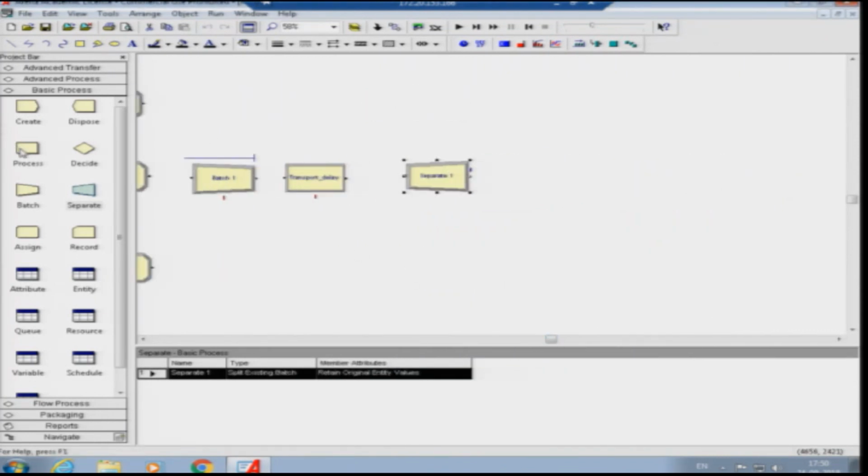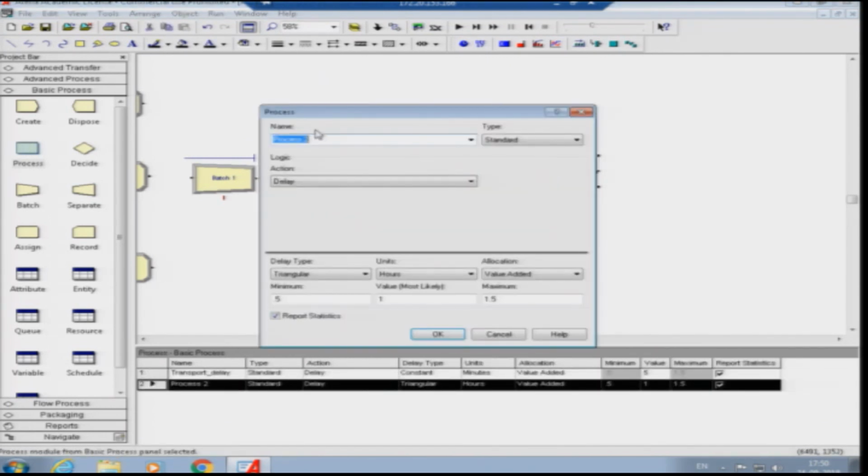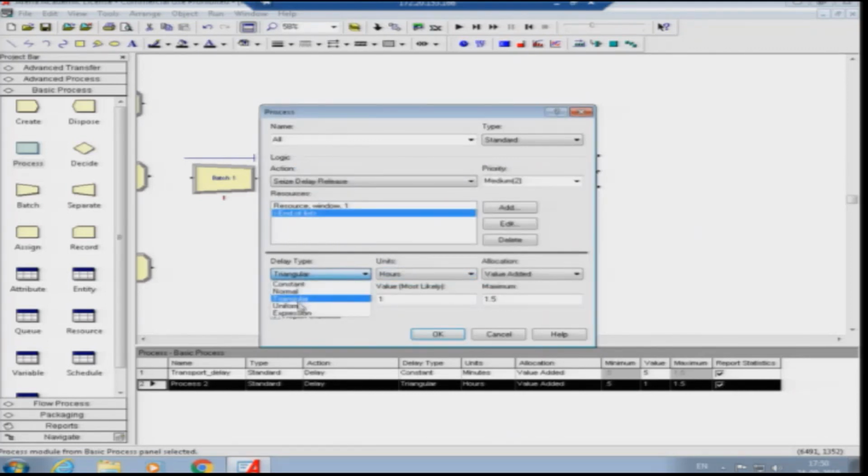Now, similar to the previous case, again we will add the process of banking, and say for example, we give the name as all. So, we will keep the name as all, and we will make the name of the process as window, and similar to the previous case, we will add an expression here, it is minute, and the expression name is banking.